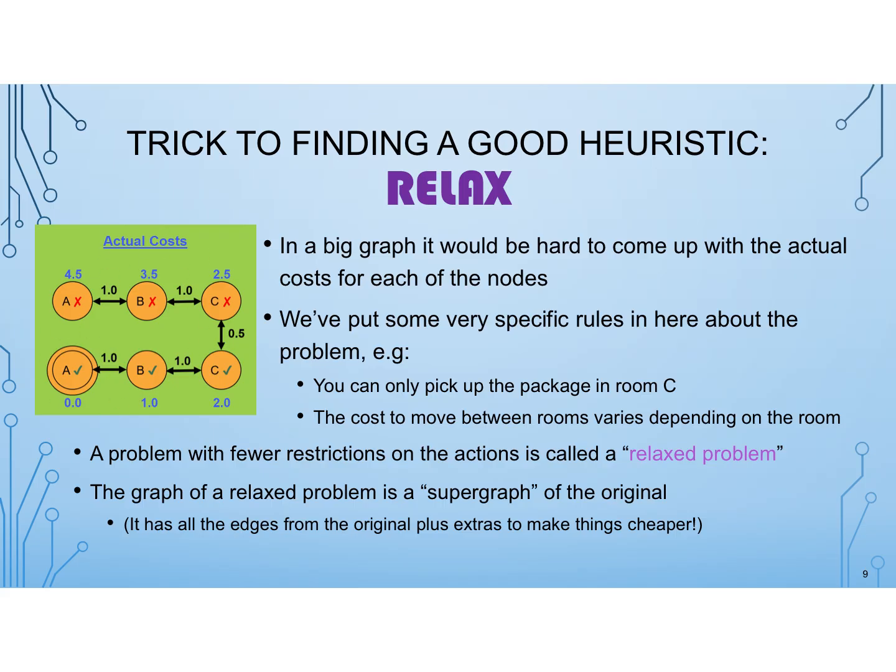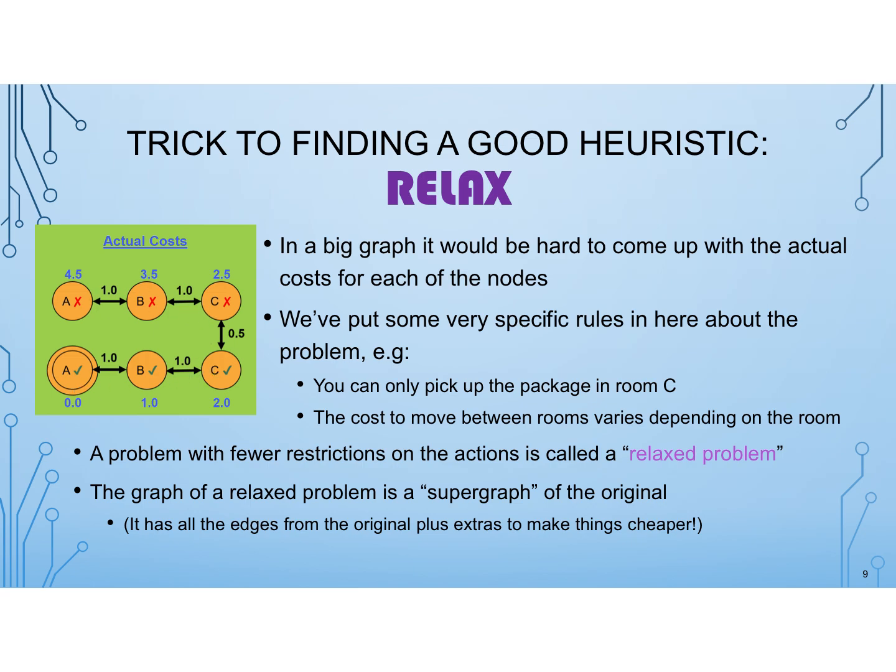Normally we might have the actual graph, right? We would be able to construct the actual graph 100%. We know it. That's part of a state space problem. But we wouldn't actually know these costs, right? The blue costs here, okay? And we know the rules for the big problem. A problem with fewer restrictions on the actions is called a relaxed problem. And a graph of the relaxed problem is a super graph of the original. So in other words,